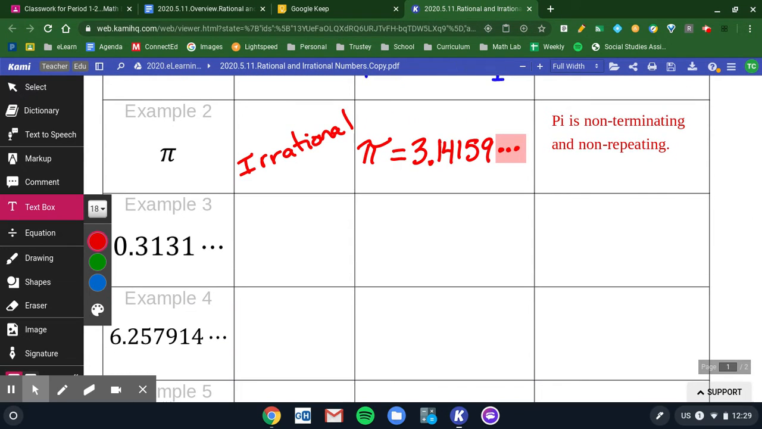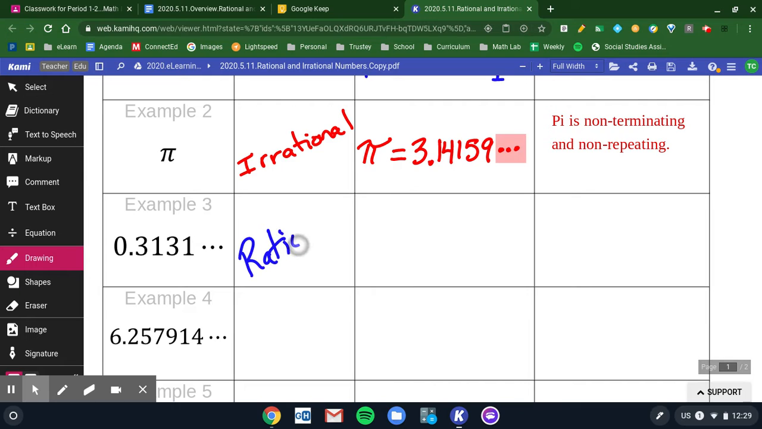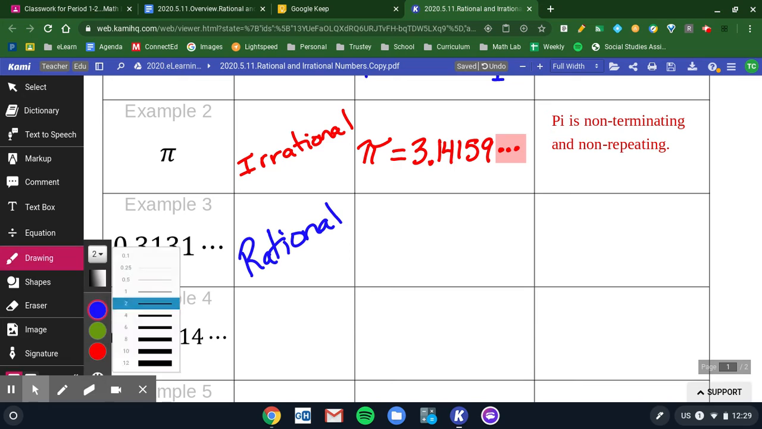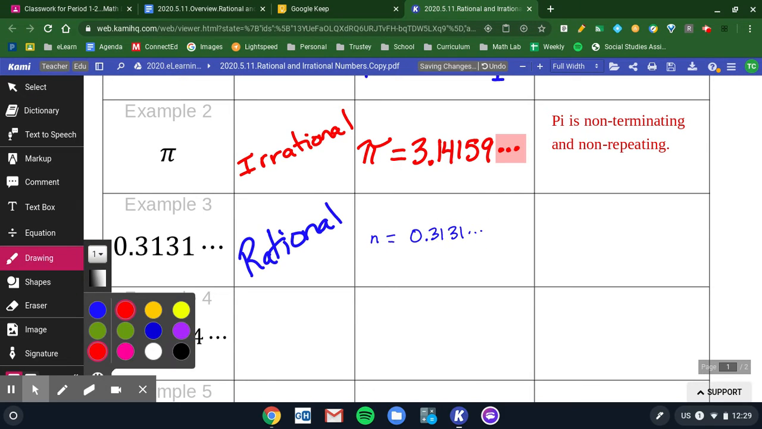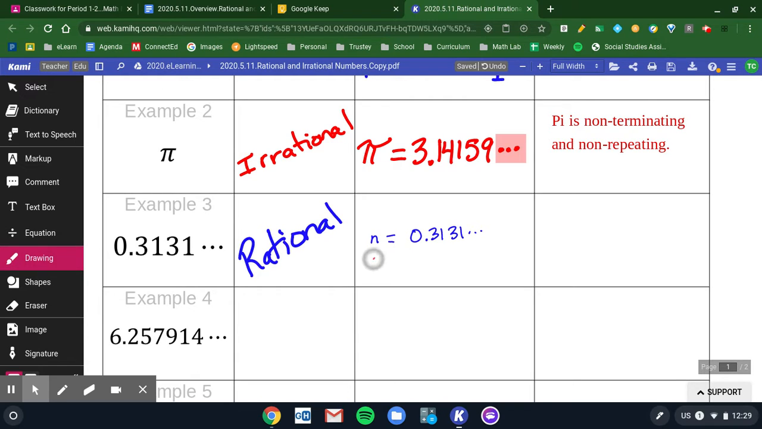Example 3 has 0.3131... Wait a second. I feel like that is a ratio or a rational number. Why is that? Well, now we can use those skills that we just learned in the last few days, and I'm going to write an equation where n equals 0.3131... And now I can turn this into a rational number by multiplying by 100 because there are 2 repeating digits. So we have 100 times n, 100 n's, and we have 100 times 0.31, which gives us 31 wholes,